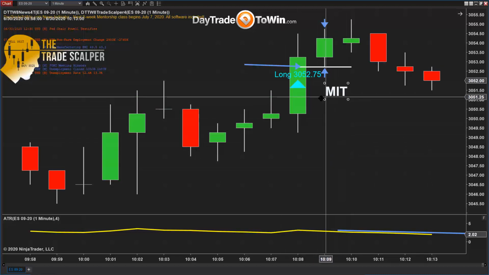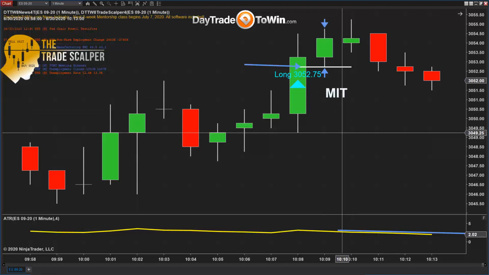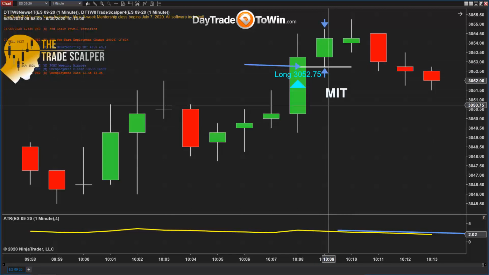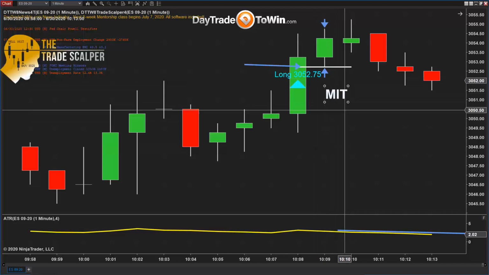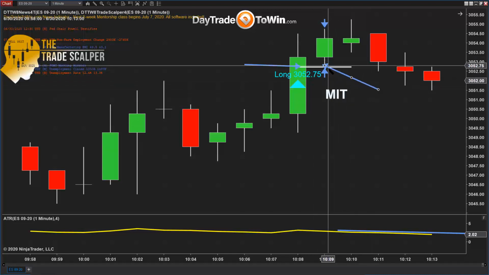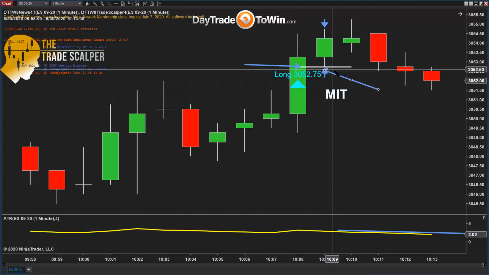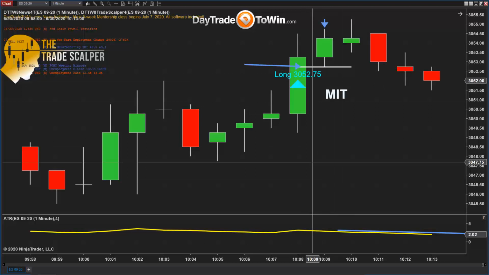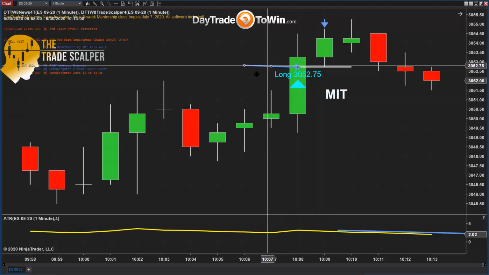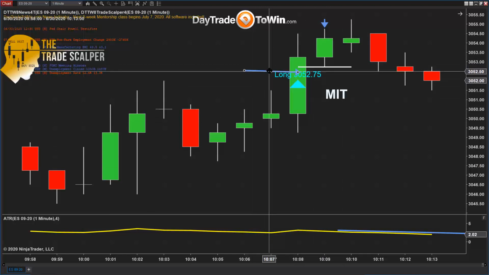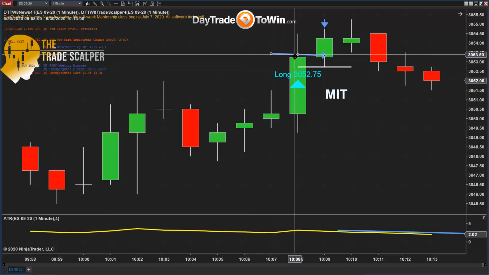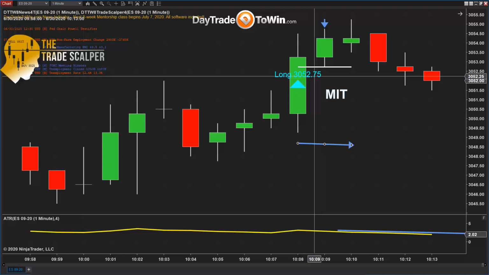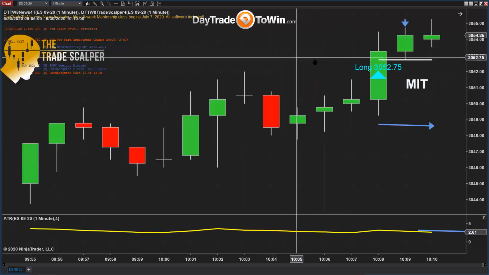The only problem with using an MIT order is that you have to expect slippage. So sometimes you get the exact price, sometimes you get a tick off, sometimes you get a better price, but using an MIT would have been the only way to get filled for most of us once the low of this wick touches this entry price. So I want to be really clear on how this works. This entry occurred, you place your order to go long, limit order may not have gotten filled, MIT definitely. So if you got filled at 30.52.75, which is exactly here,